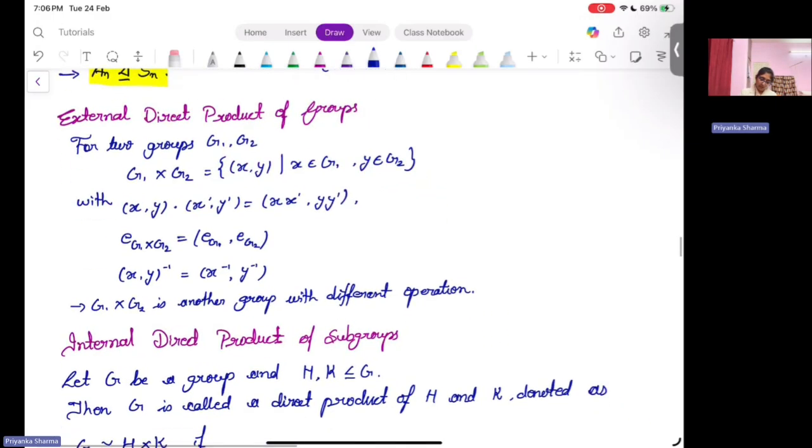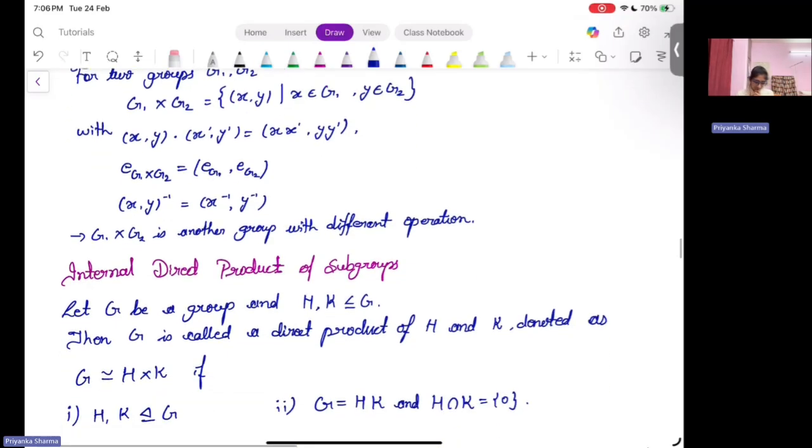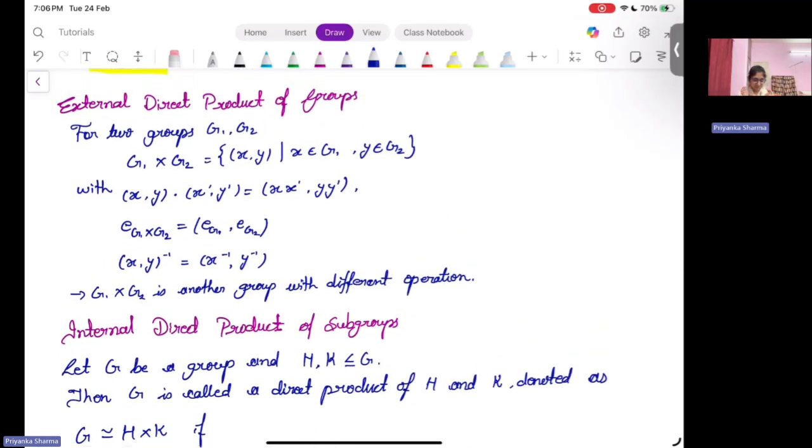So now what are direct products of groups? We can have two types of direct products actually, external and internal. The internal one can be defined using the concept behind the external direct product of two groups. So if we have two groups with their associated